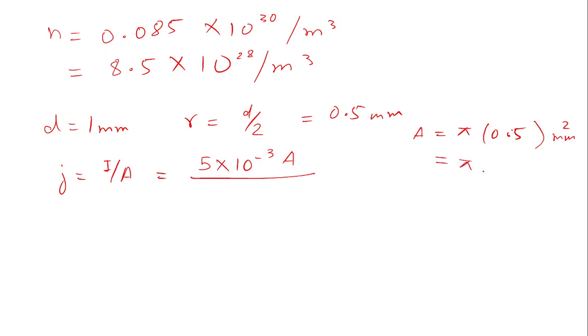Then this will be pi and this square will be 0.25. And when I convert millimeter to meter, it will be 10 to the power minus 6 meter square. When I put this value here, 0.25 times pi times 10 to the power minus 6 meter square, and I do this,